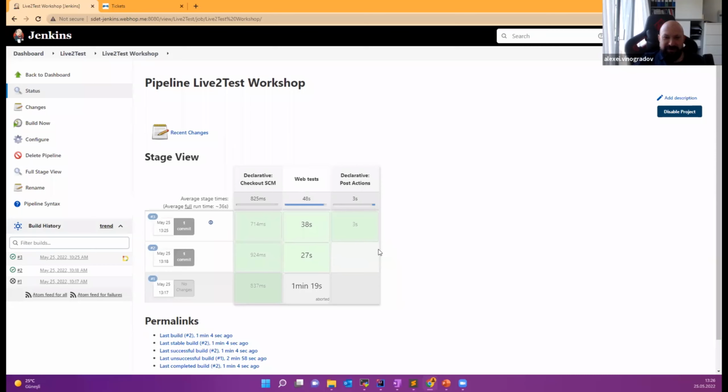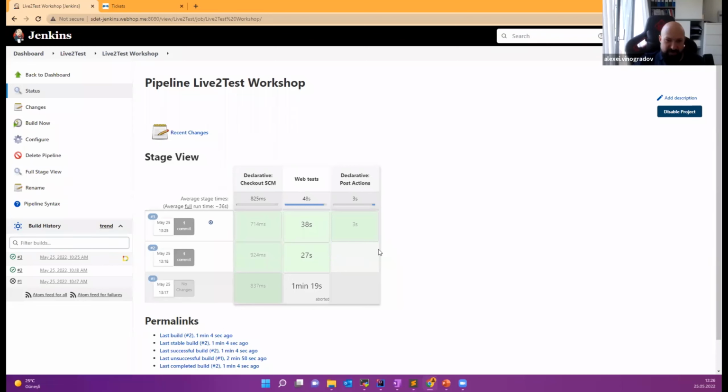But in regard to reporting, of course, we want to run our reporting every time, and especially if something is failing, we want to see our reports. So that's the reason. And the typical configuration of a Jenkins pipeline is just to do it as a post action, so it will be executed anyway, no matter which stage is failing. Okay, thanks, Alexei, for this information.